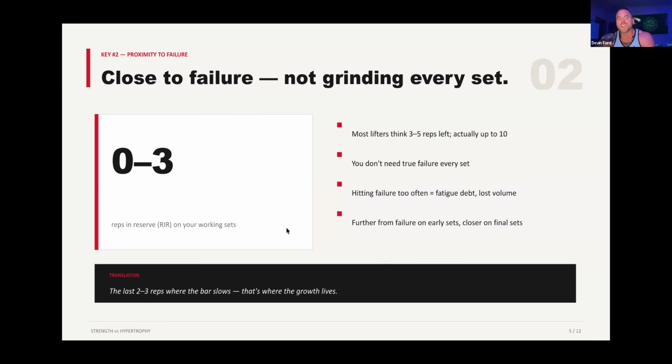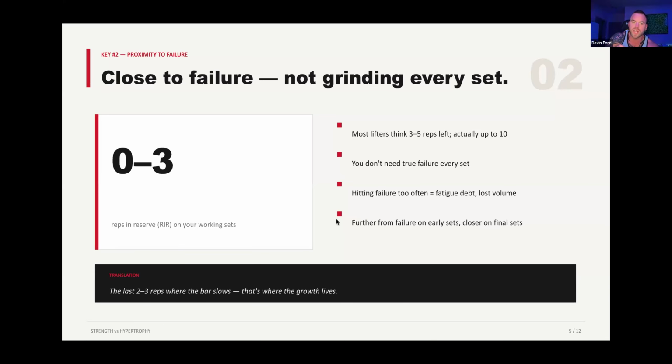Okay. And here's the failure part. So, like I just mentioned, going to failure is really important. Again, this is still for hypertrophy. Okay. Hypertrophy is specifically what I'm talking about. In order to hypertrophy the muscle, or to grow the muscle, you have to be getting within 0 to 3 reps in reserve, basically close to failure. So you have to be within 3 reps of failing. Okay. You don't have to actually fail. But you have to get pretty close. The lower the weight you're using, the closer you have to get to failure.